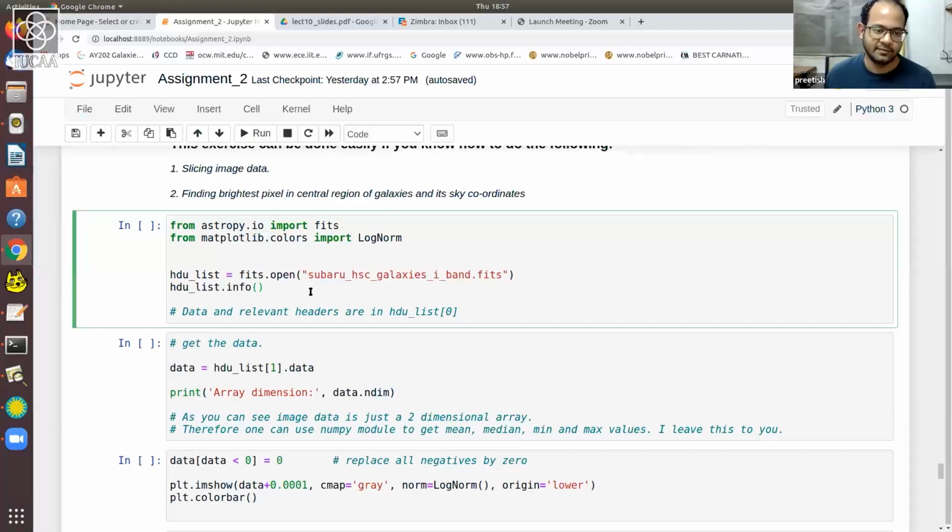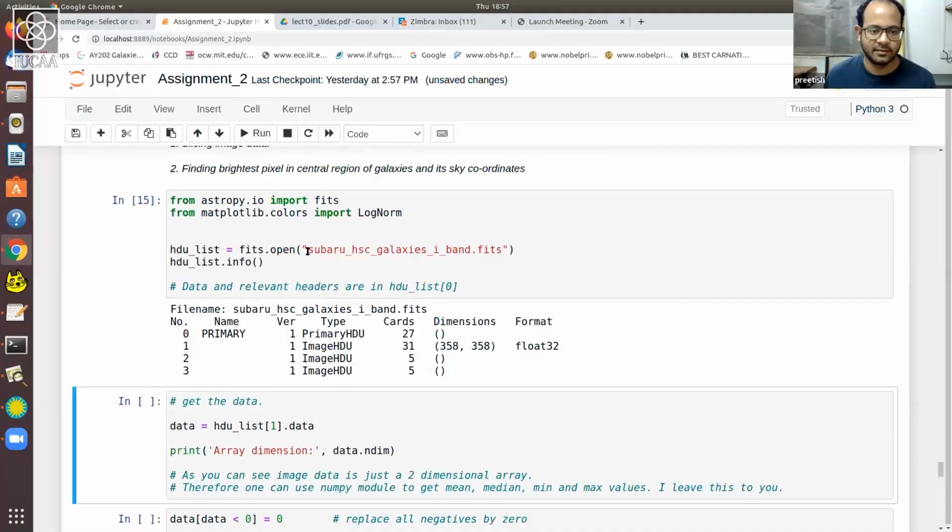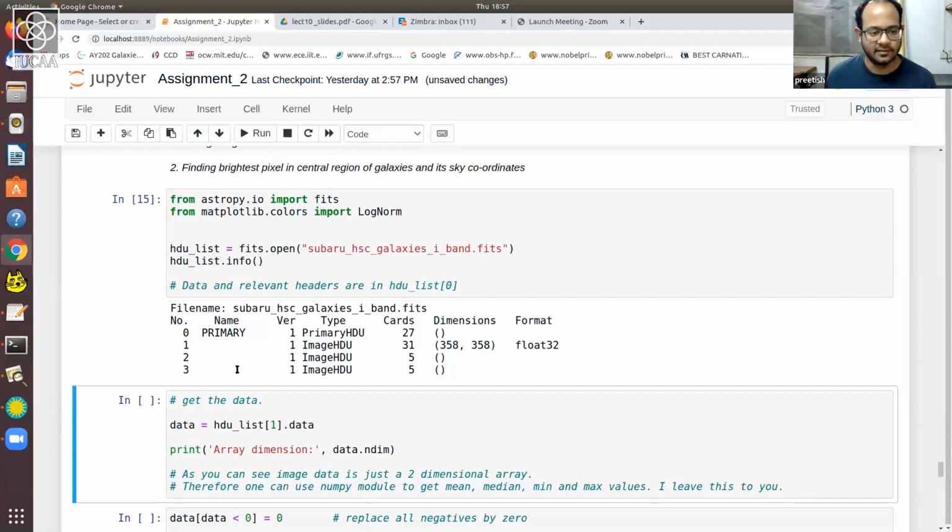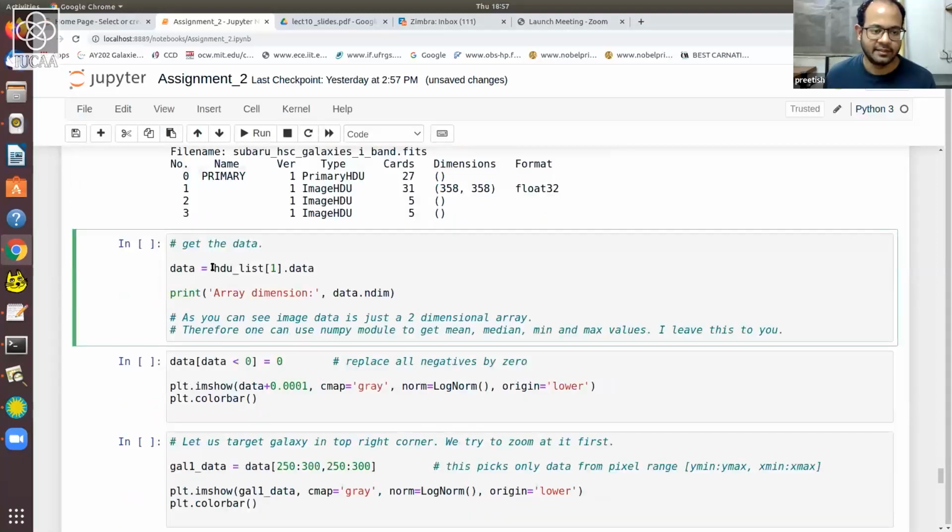So we start by reading and opening the image file. So this is the image file that we had given. Now we just read this using fits.open and display its header. Notice that this is a multi-extension file. So it has about 4 extensions. Although on extension number 1, all the data is there. So we'll mostly work with extension number 1, right? So we read the data of extension number 1 and we display what